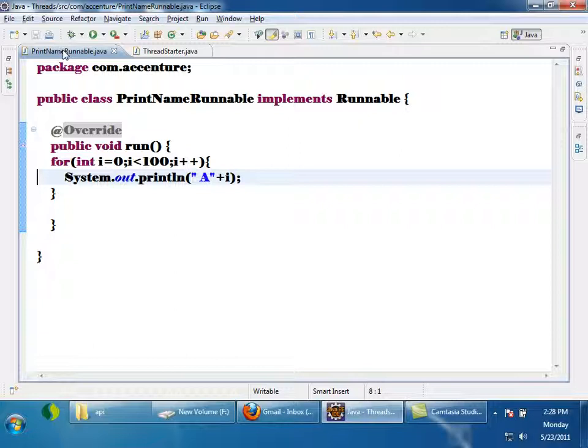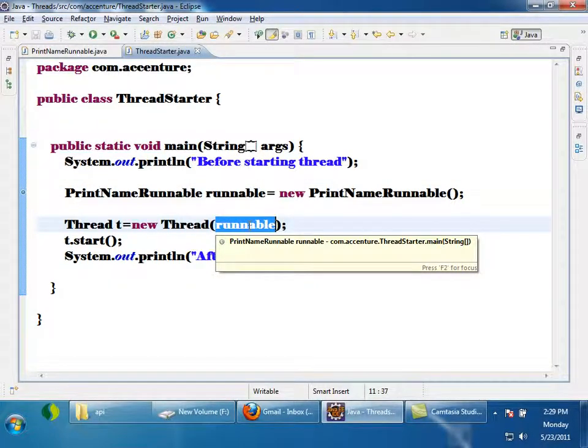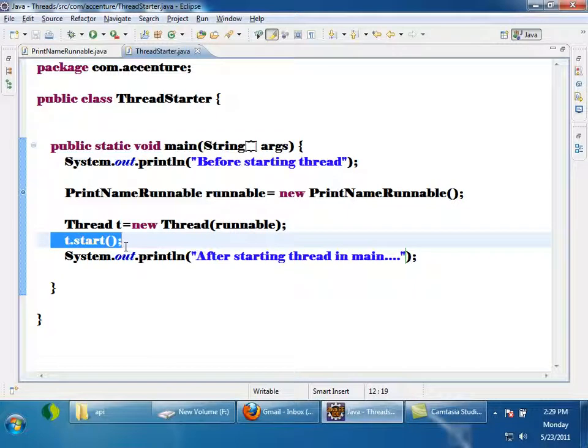Runnable. So first I decided this is the code, I want to print this 100 times, and I wrote a class implementing the Runnable interface. I wrote all the code here inside the run method. Okay. So now I have defined what the thread has to run. Once I have done this, I have to create a thread object and pass the reference of this runnable. Then I should call t.start. This will start a thread, and that thread will start running parallelly. The main thread also will start running parallelly.